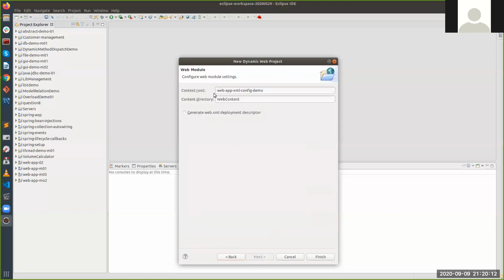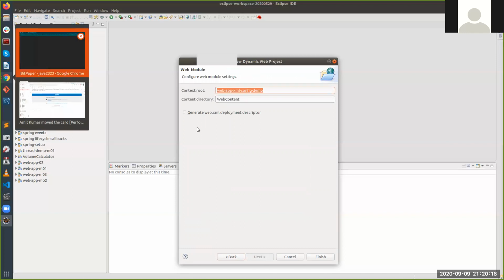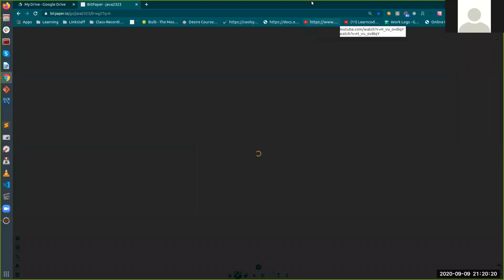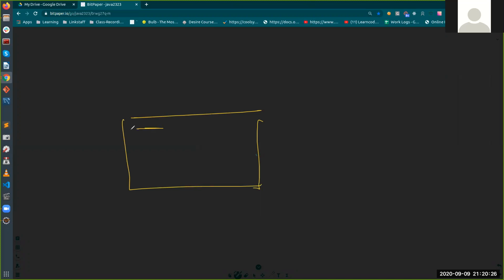And now here, context root. Now context root, as I said, one server can have multiple applications deployed, right? So suppose this is some server memory and it allocates this for application 1, and it allocates this whole memory for application 2, just a logical mapping.